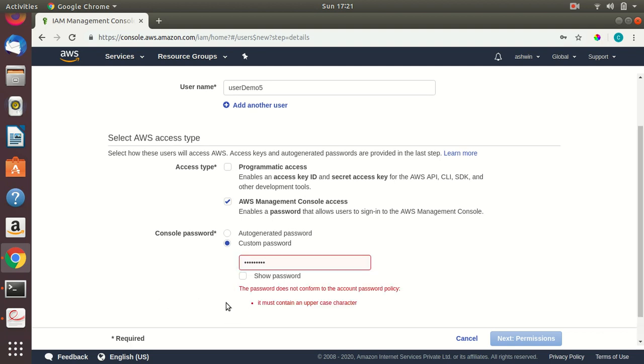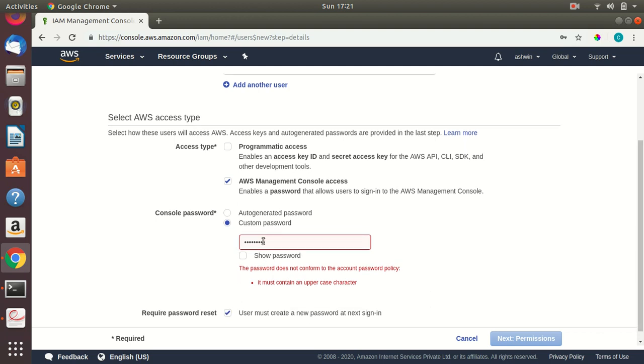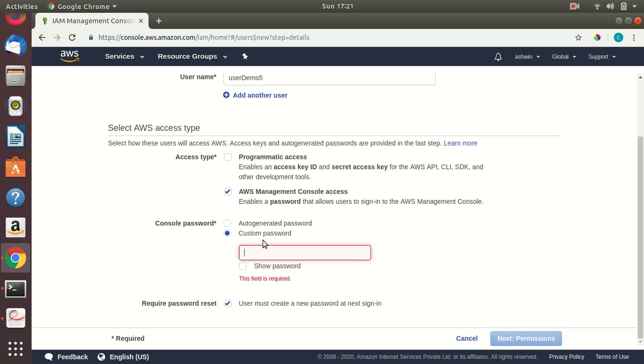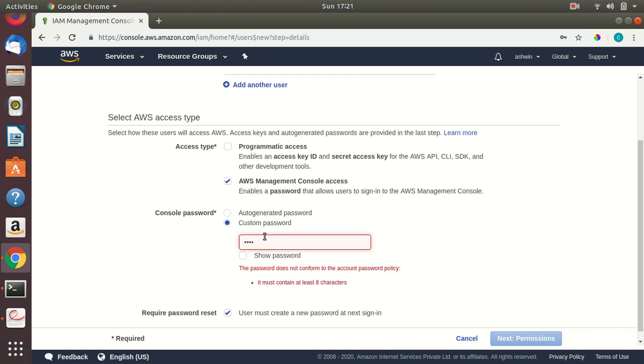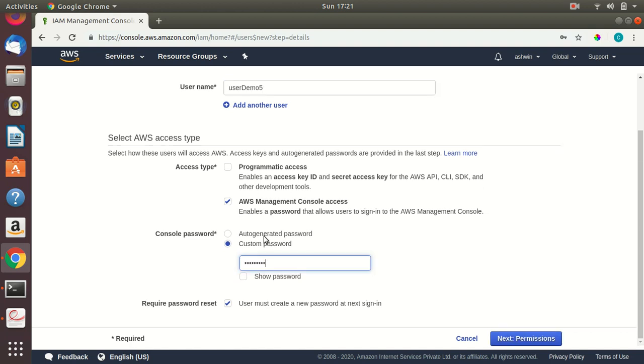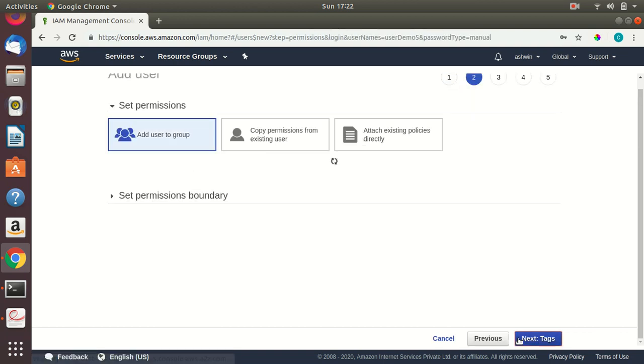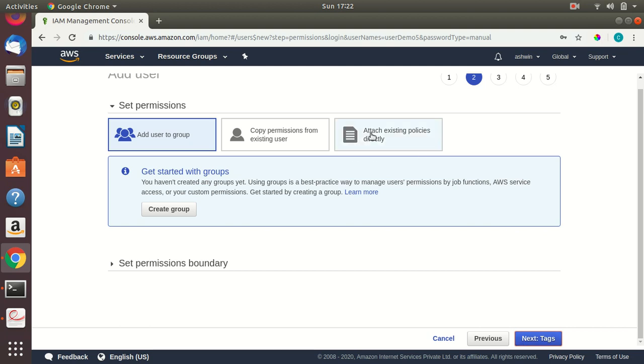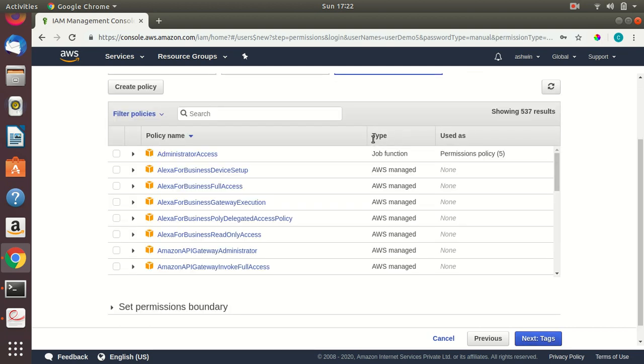I'll uncheck the require password reset checkbox. Next, permissions, and go to attach existing policies.